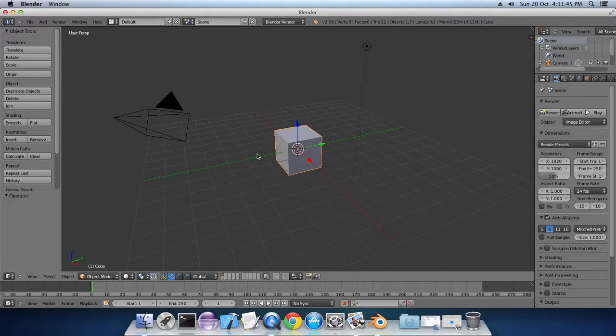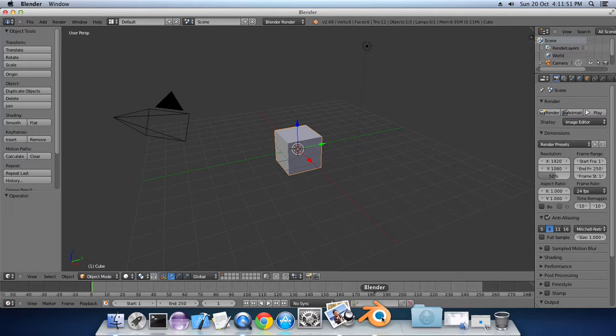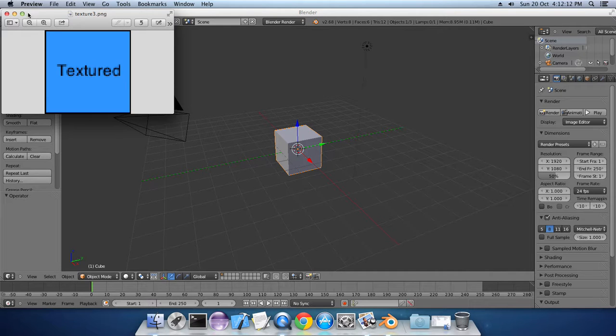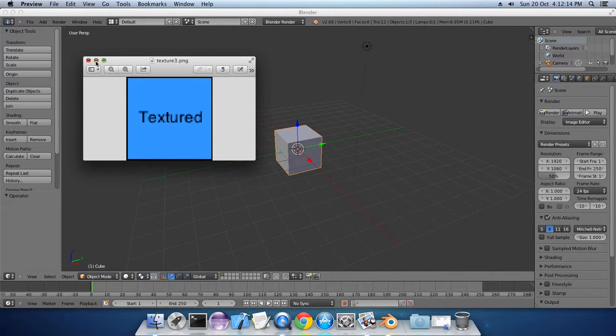Okay, before actually making the cube, we first need to create a texture. I have already made one in advance. Here it is. The actual size of this texture is 64 × 64. This is because some older graphics cards only allow power of 2 textures, that is, the widths and heights of the texture should be powers of 2. Okay, this is my texture.